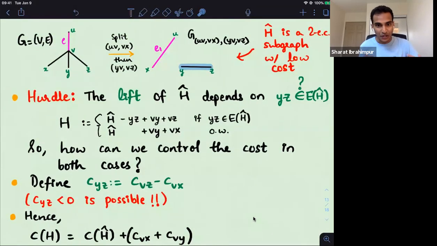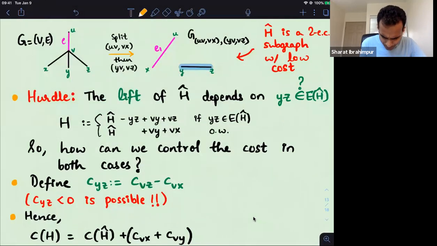Now, if you are doing a worst case analysis, then we need to control the cost in both cases. So here we define the cost in this particular way. Where is this expression coming from? Observe that when we perform this lift, the edge VY is always present. So the variability only comes from these three edges, and these two edges have a fixed cost, and this is the variable cost that we have some control on. So if we set the cost of the dummy edge YZ to be the cost of VZ minus the cost of VX, then we can see that in both cases,